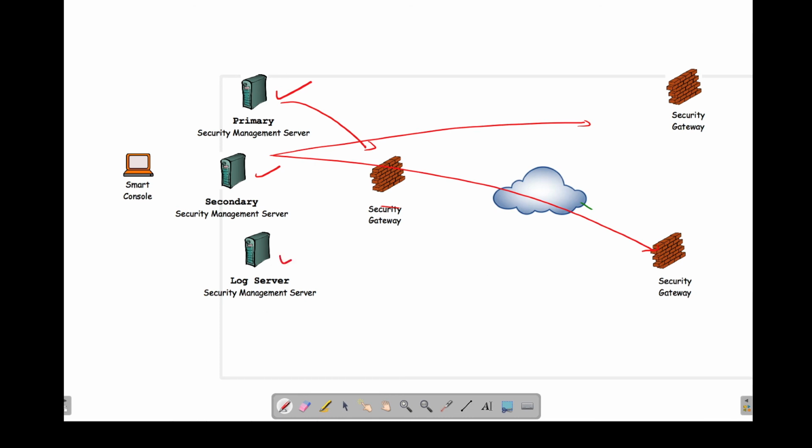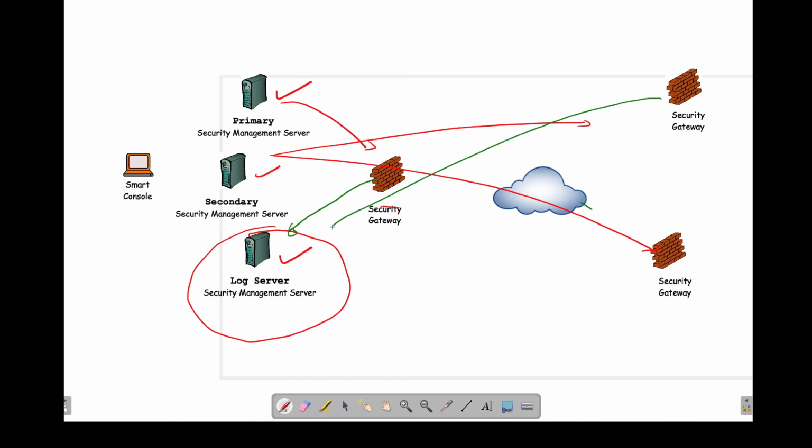For logging alone, we can keep a dedicated management server and ask all the firewalls in the company to send the logs only to the log server. So the primary and secondary are meant only for giving the policies to the firewalls, and we have one dedicated management server acting as a log server only for receiving the logs from the security gateways.